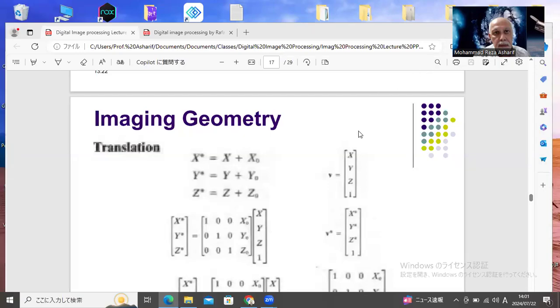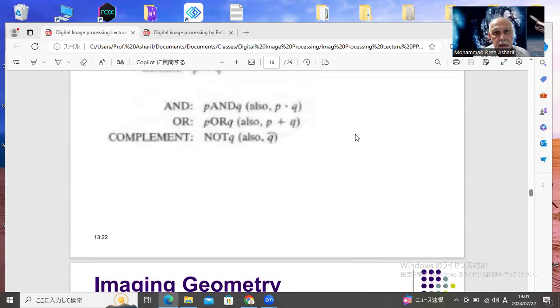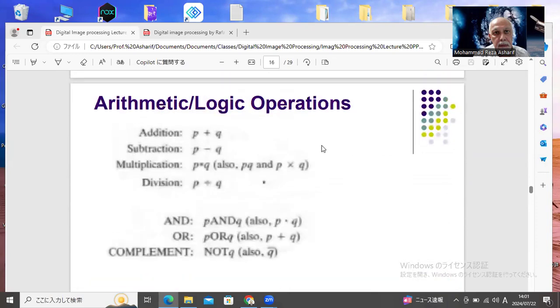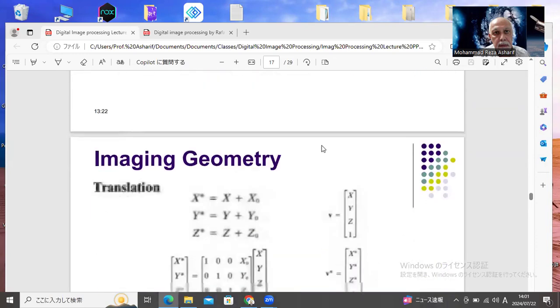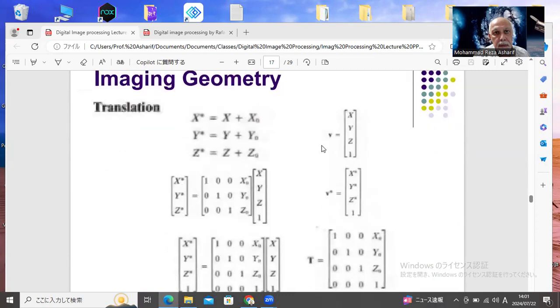Okay, this is lecture number 8 of the series of lectures in digital image processing. Today I would like to talk about image geometry, and continue with translation, rotation, scaling, and so on. Lecture number 7 was about arithmetic and logic operations, and today's lecture number 8 is about the geometry of the image. For instance, we have